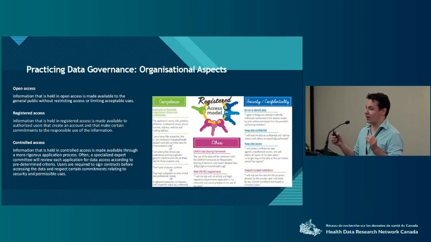Open access is generally used to share data that's either consented for a full open release, or data that has a lower risk of causing individual re-identification or causing harm to patients. So aggregated health information is generally shared in open access. The results of an analysis across an entire cohort of patients, for instance, could be shared in open access, whereas the underlying individual level information generally can't be,